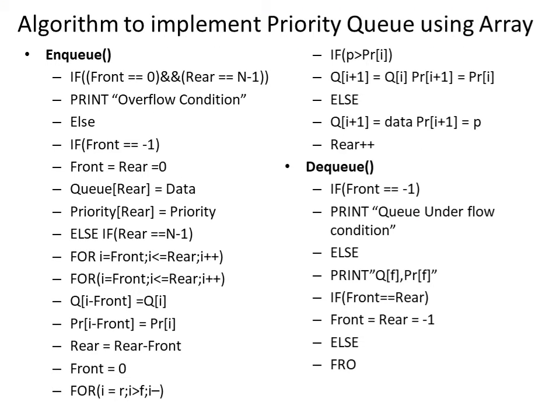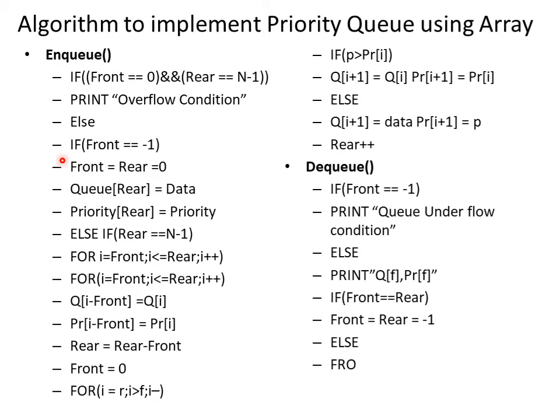Here the algorithm is there. First, for NQ, that means inserting. First we will check whether front or rear equals n minus 1. If the AND condition is true, that means both are true, it will show the overflow condition. That means no elements can be